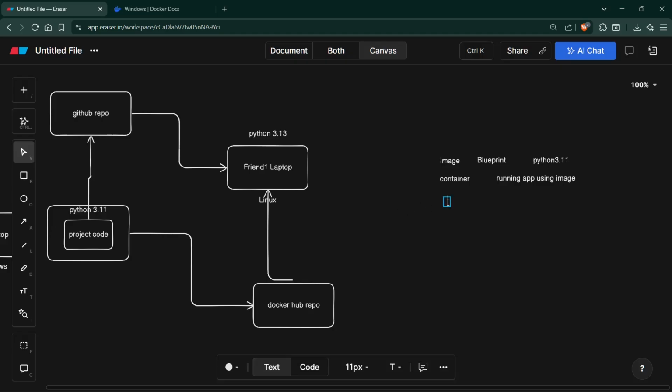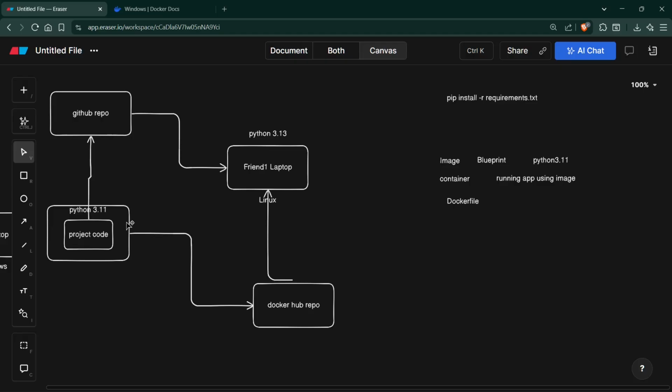Next we have Dockerfile. So what is a Dockerfile? You might have heard about pip install -r requirements.txt, where you install all the packages in Python.